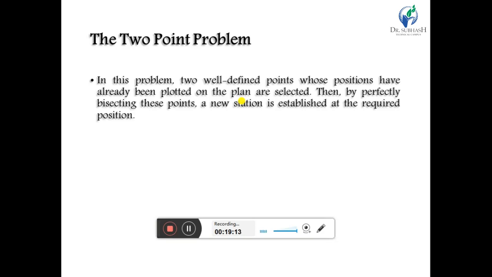Now we move to the two-point problem. In this problem, two well-defined points whose positions have already been plotted on the plan are selected, and then by perfectly bisecting these points, a new station is established at the required position.